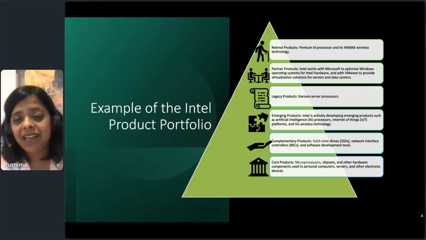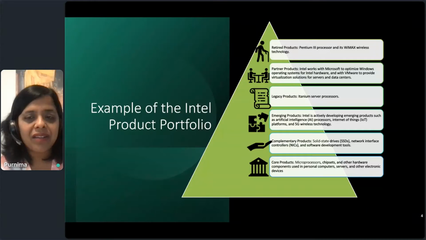They still have customers on it, so they just still support it. They just don't build any more into it. And if we look at partnerships, Intel works with Microsoft to optimize Windows, and they work with VMware for virtualization. So those are the partnership product portfolio they have. And retired products is essentially they got rid of Pentium 3 processor or WiMAX wireless technology, things we used in